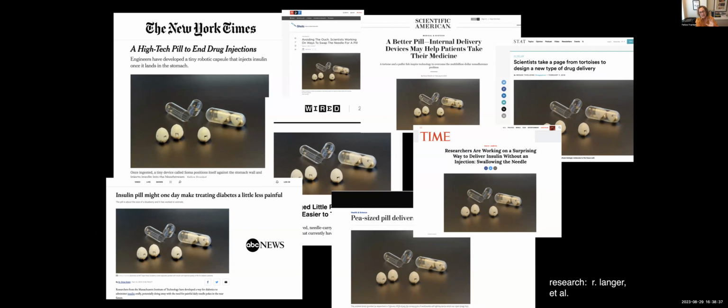Bob does not need me to bring attention to his work, but this is an image I made of his work that was nuts. It got attention all over the place. Yes, the work was important, but the visual was spot on, a simple visual about how this device can supposedly end drug injections. It is a means of selling your good science. I'm not embarrassed to say that I help sell science as long as it's good science.